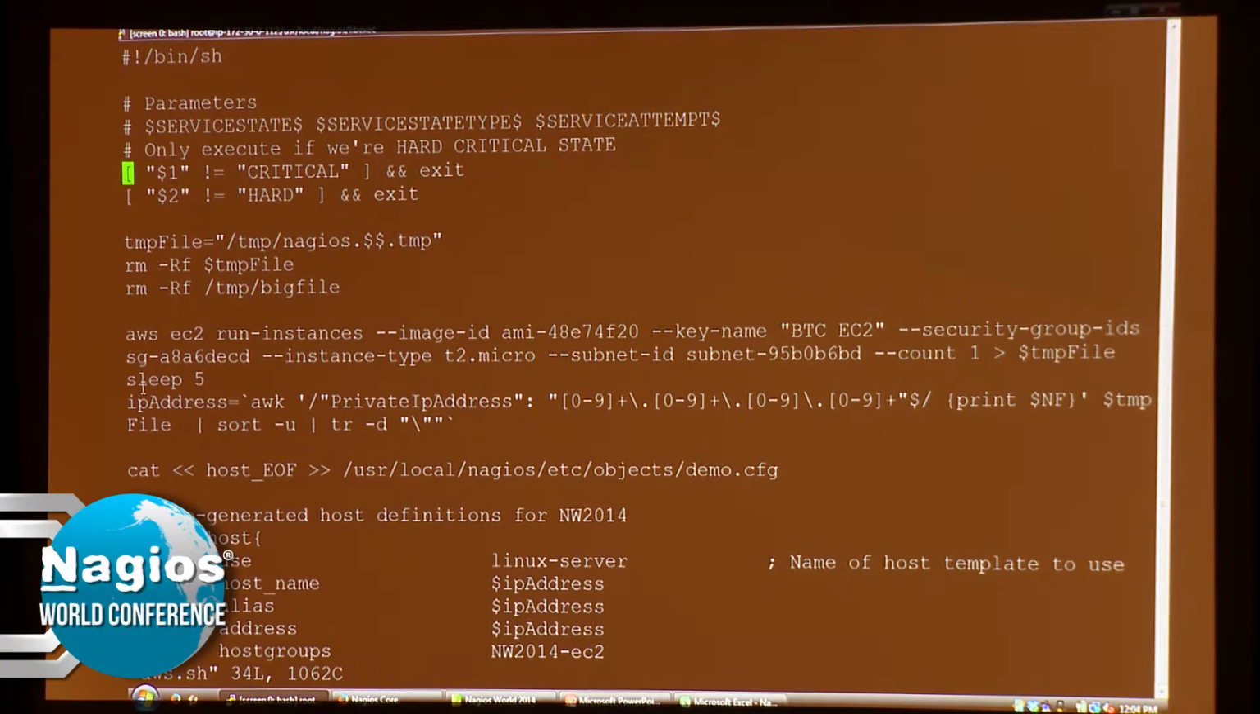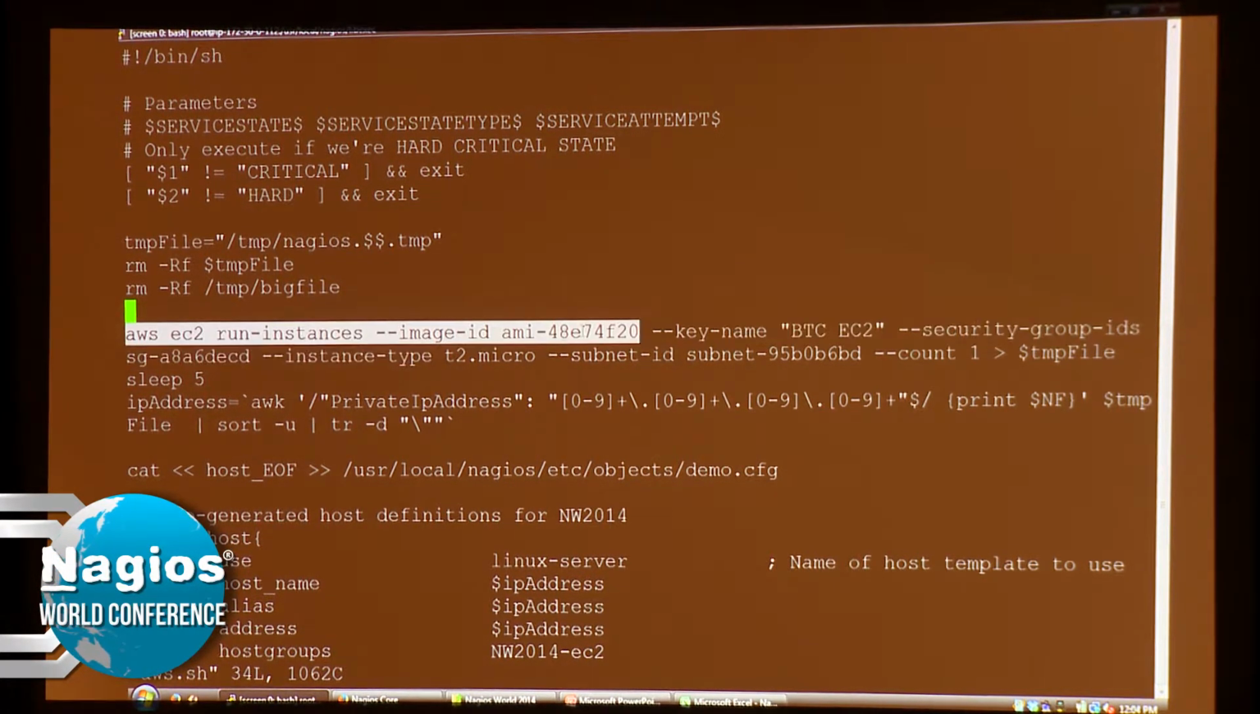We're going to make use of a temp file because we need to get some data back from Amazon when we fire off this instance, and it's a lot easier to just copy the output than it is to go query Amazon further to get information. So this is the magic right here,